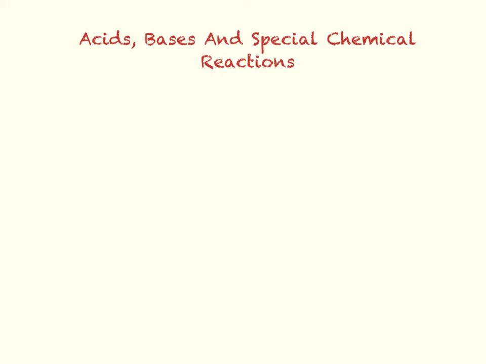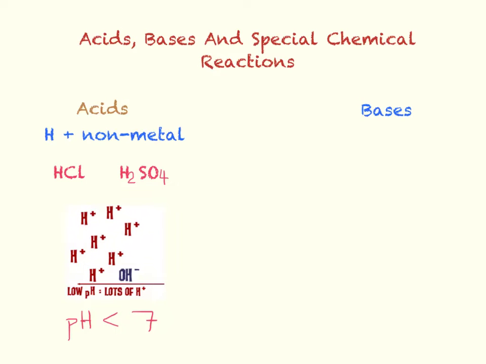Okay, last video for our chemistry revision, and this one's on acids, bases, and special chemical reactions. We're going to start with what are acids and bases and what are some of the properties they have. An acid is a compound that contains hydrogen ions and a non-metal. So some examples are hydrochloric acid, the hydrogen ion you can obviously see, and the non-metal is chloride. And sulfuric acid, we've got two hydrogens and sulfur and oxygen atoms in the sulfate,